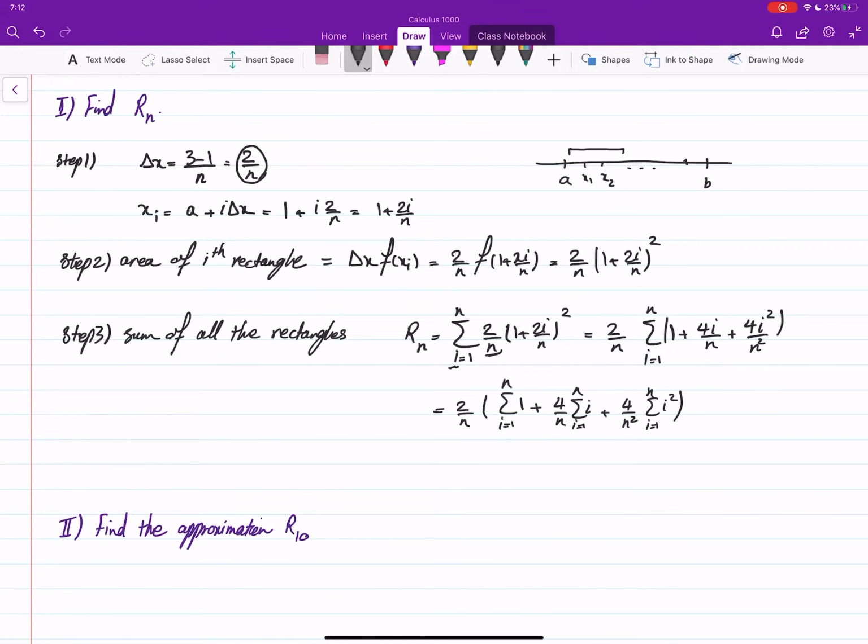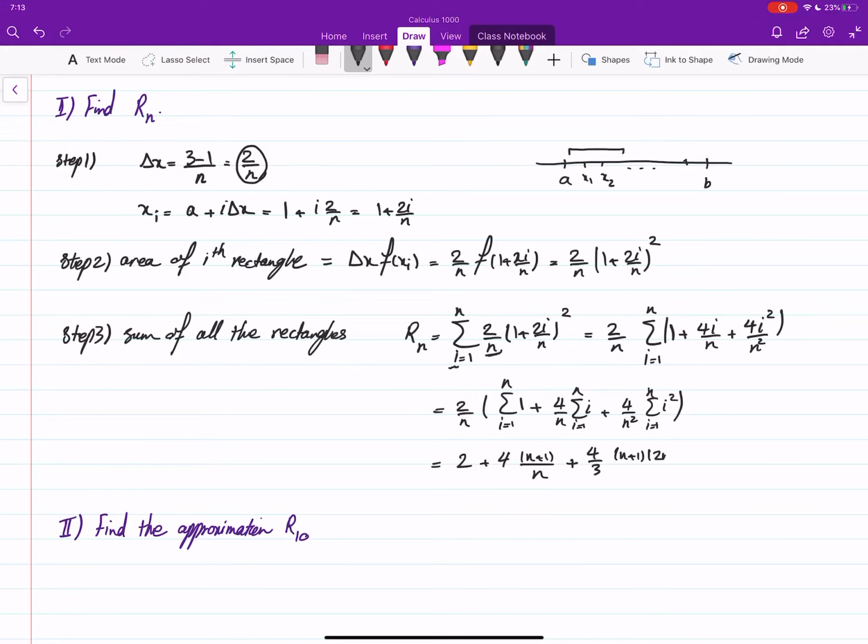And this first sum, as we did before in some examples, is going to be n. Well, I'm using the formulas we have for powers of integers. This one will be 4 times n plus 1 over n. And this one is going to be 4 over 3 times n plus 1,